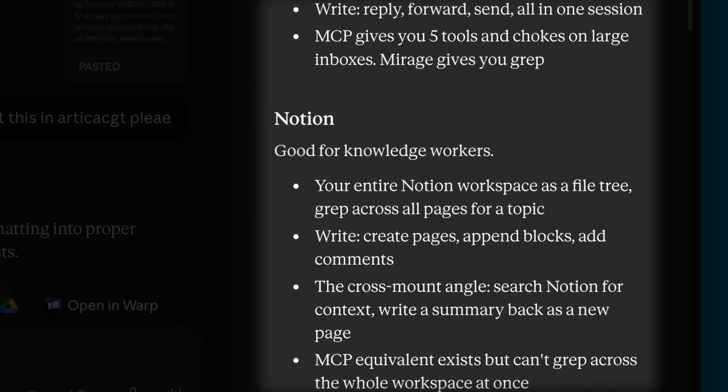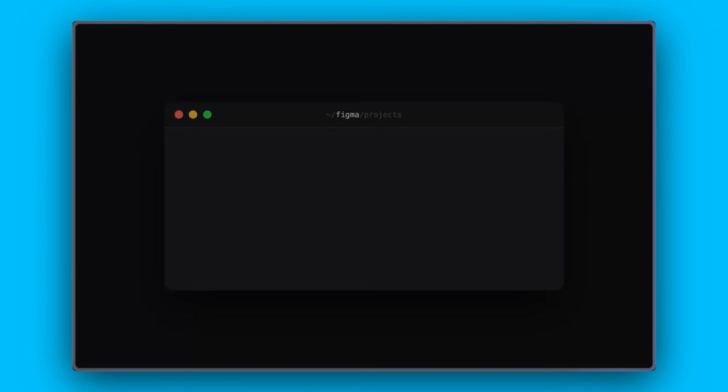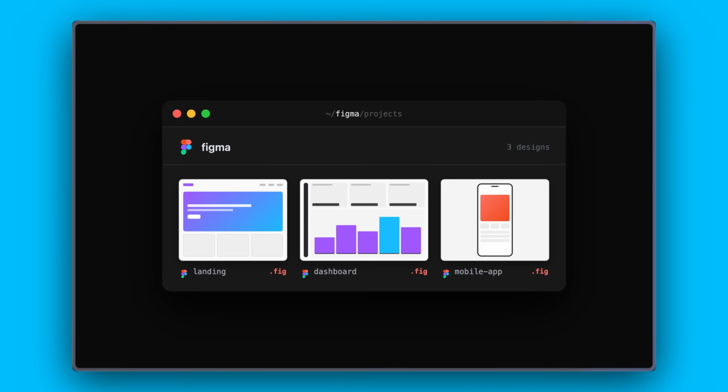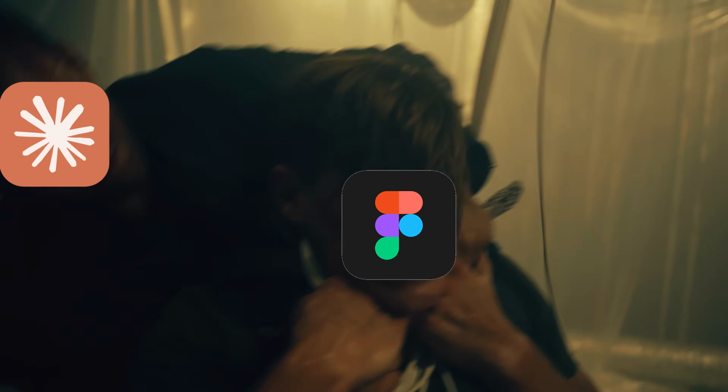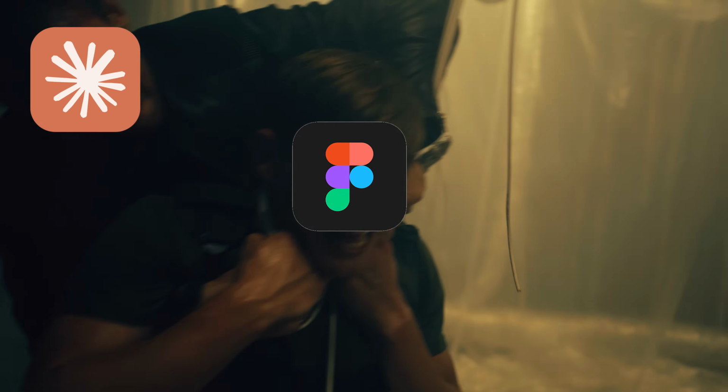So the same can be done with any custom service that you want. If you want a Figma MCP server where all the Figma designs are listed as files, you can do that as well. Although we don't think people honestly use Figma that much anymore. If we recall correctly, it was supposedly just killed by Claude Design weeks ago.